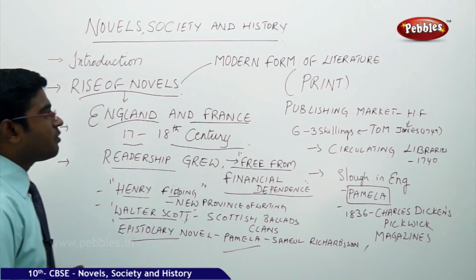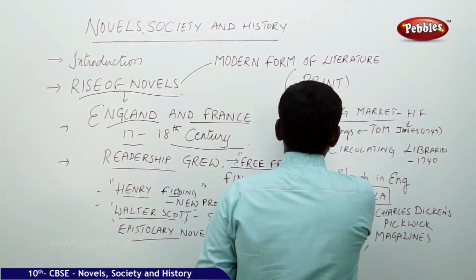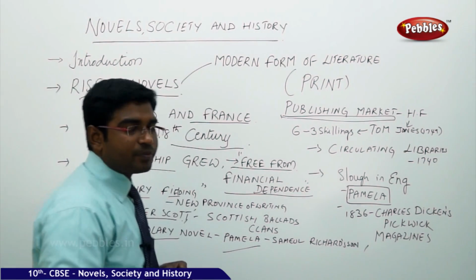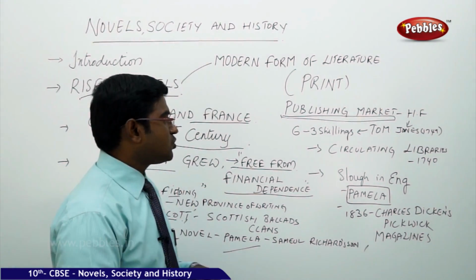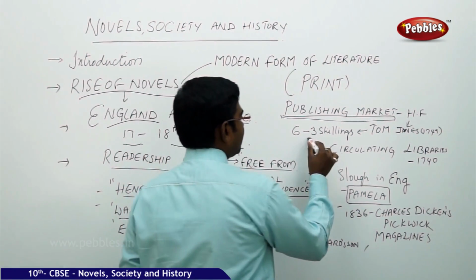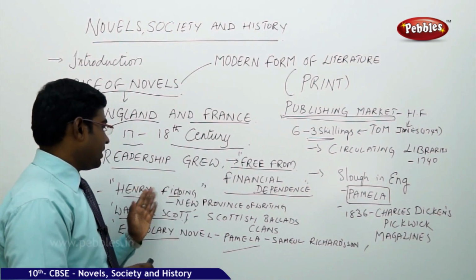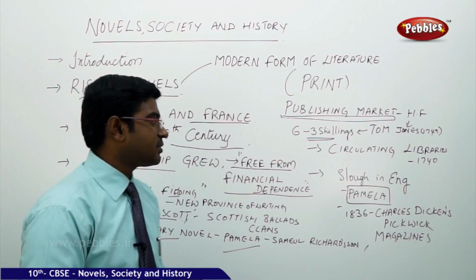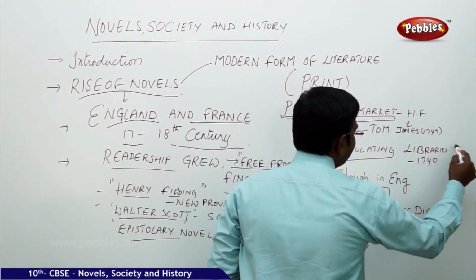Now let us move our focus towards the publishing market. How was the publishing market in those days? As I told you, the publishing market was not so high in the initial days. Initially they used to give a moderate payment to the authors, for example Henry Fielding, who got only 3 shillings for each of his 6 volumes. But later, after the development of the circulating libraries,